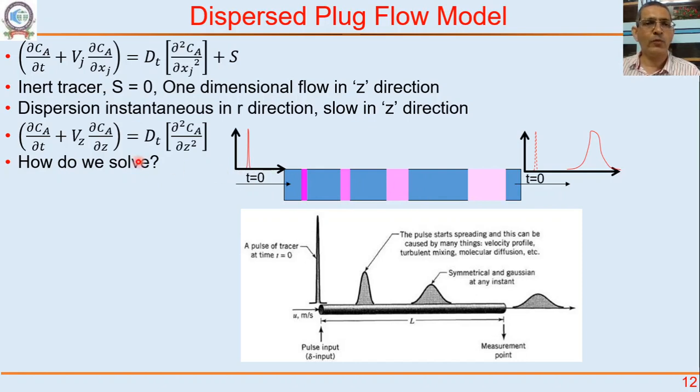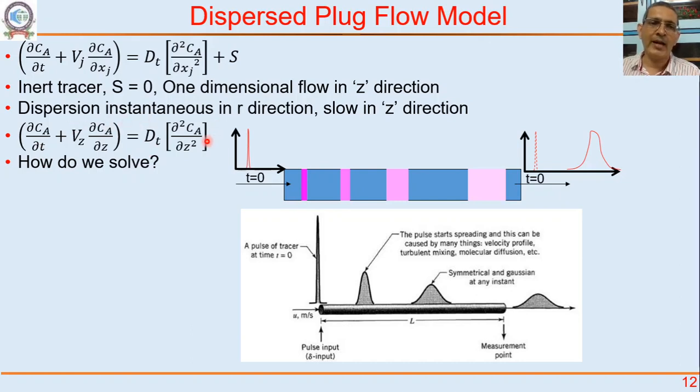So now if you write one dimensional version of this, we will say del Ca by del t plus Vz, now flow is only in the Z direction, so Vz del Ca by del z equals D del square Ca by del z square, because we have said in the radial direction it is very, very fast. But axial direction now it is comparable. Dispersion and convection are comparable. Okay. So what we'll have to do is solve this equation